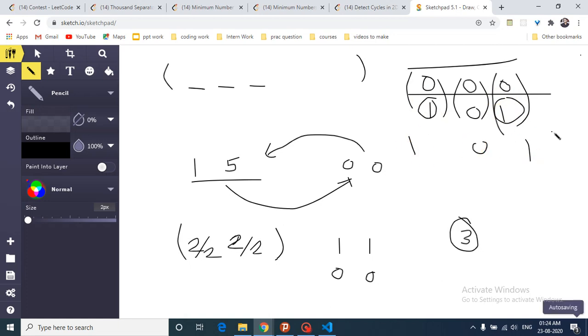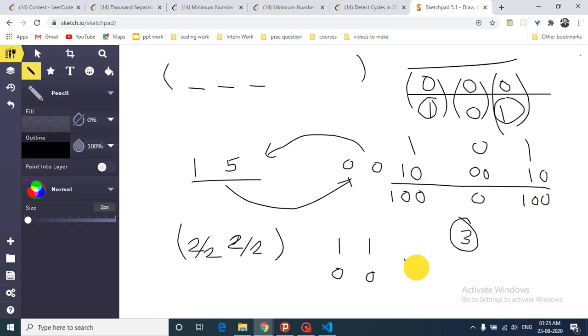Now if I multiply every number by 2, what will happen? In bit manipulation they will shift left by 1 place, so it will be 1 0 0 0 and then 1 0. I hope you understand this point. Then if I again multiply the whole array by 2, it will shift again, becoming 1 1 0 0 and 1 0 0. Now if I add 1 to this number and this number, it becomes 1 0 1 and 1 and 1 0 1.